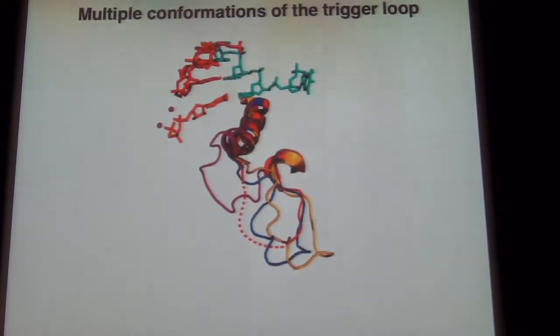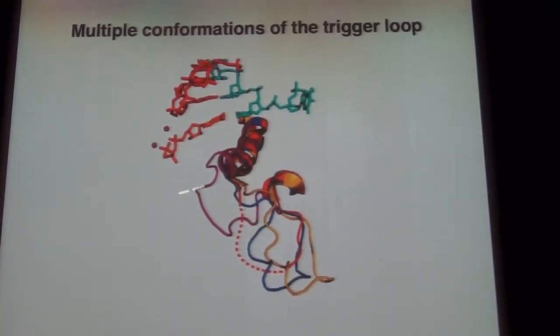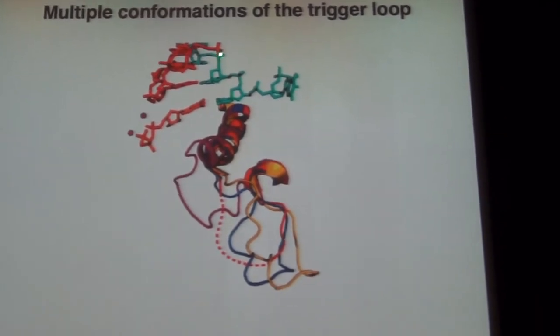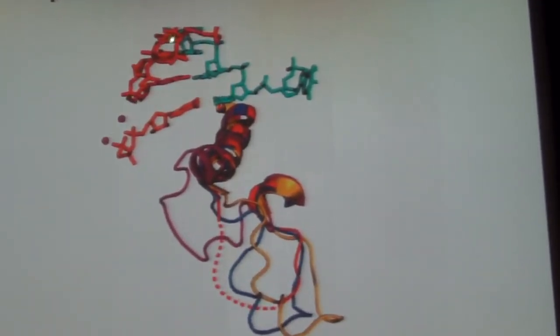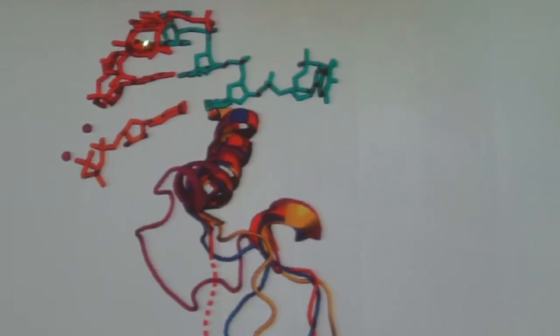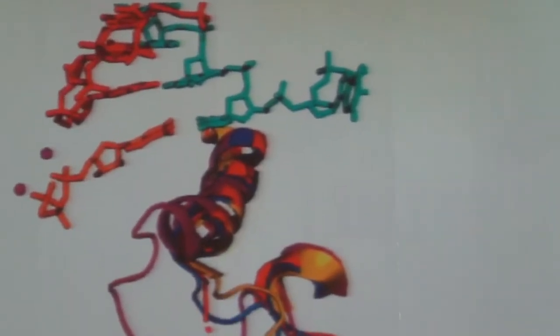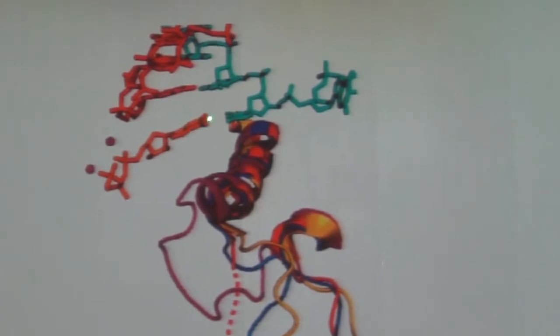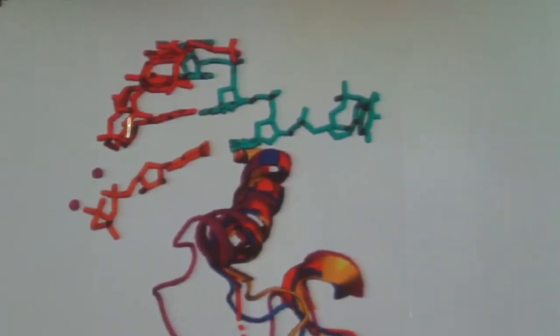So here is what I have just said, zooming in on the active center. Most of the protein is gone. Here is the template DNA directing RNA synthesis. Here is the RNA of the hybrid helix with the DNA. Here is the nucleoside triphosphate seen in the structure, residing in the active center before addition to the growing RNA